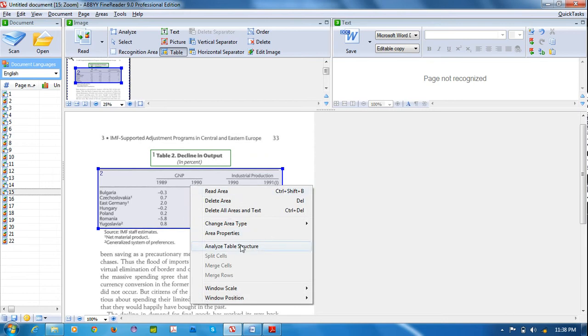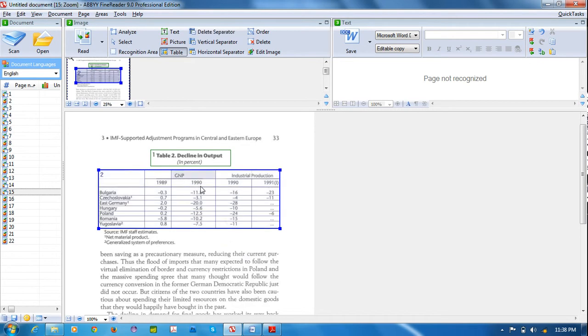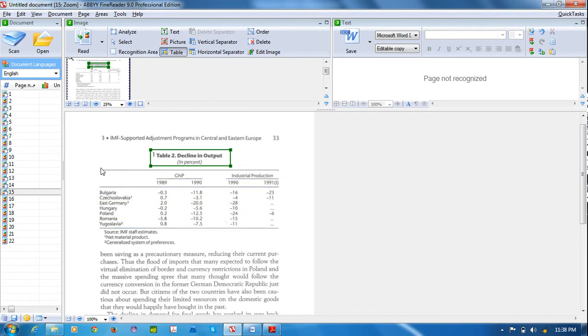Right click on it. It will show some table properties. In that, particularly Analyze table structure. Click it. It will automatically select each and every row. If it does not select automatically, I'm deleting it and you have to join manually.